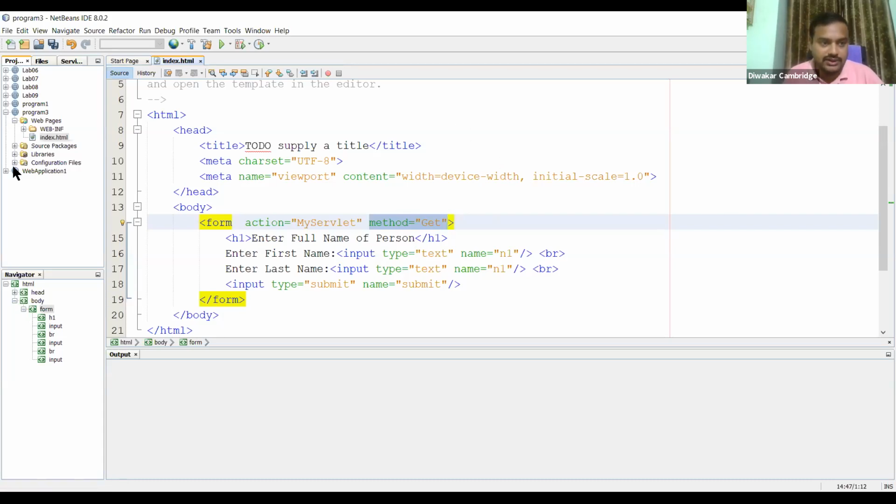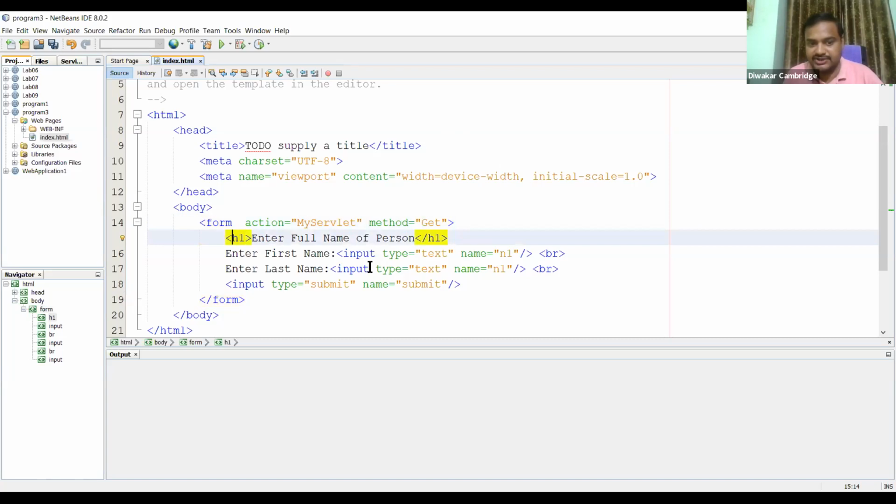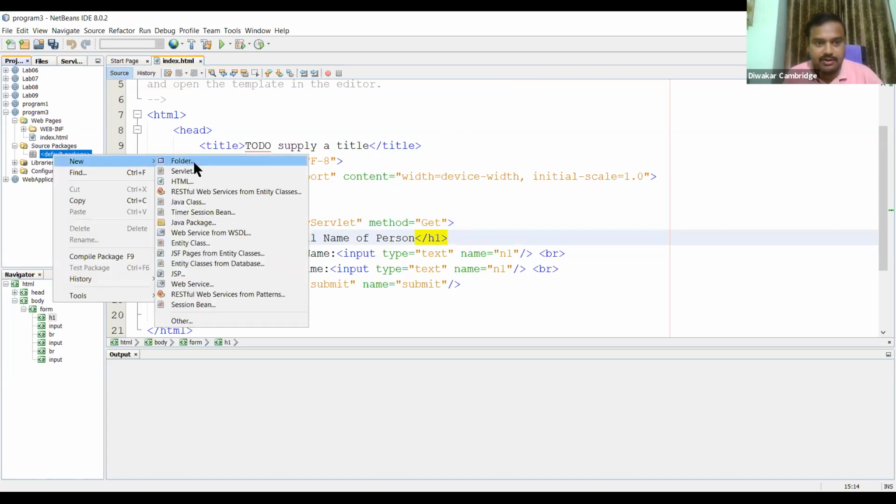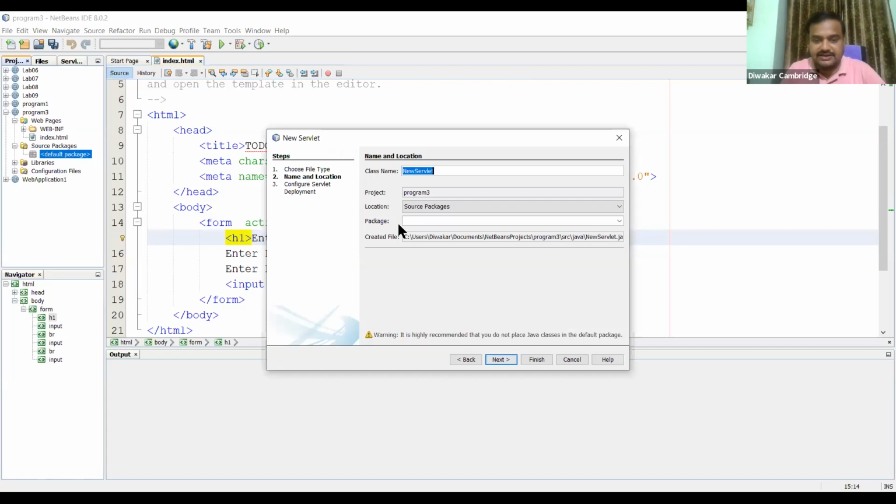Now I'll create one servlet. This form information has to be submitted to this servlet, so here I'll create one servlet. The name of the servlet is my servlet. I'll give the class name as my servlet. I'll choose one default package as ABC, so this servlet will be placed inside this package ABC.